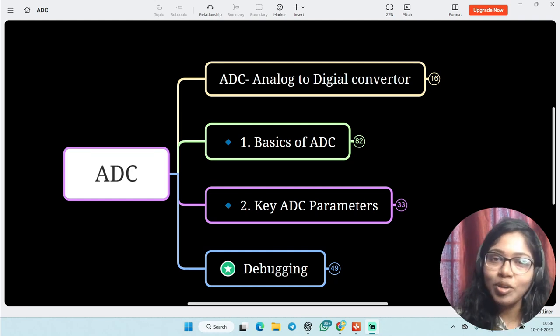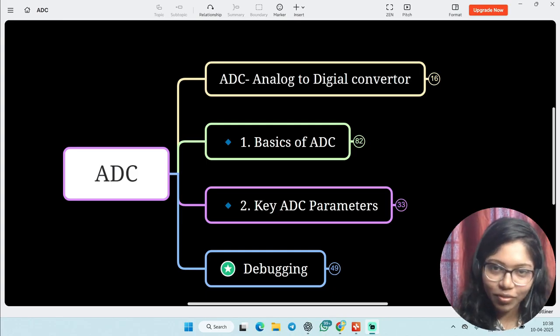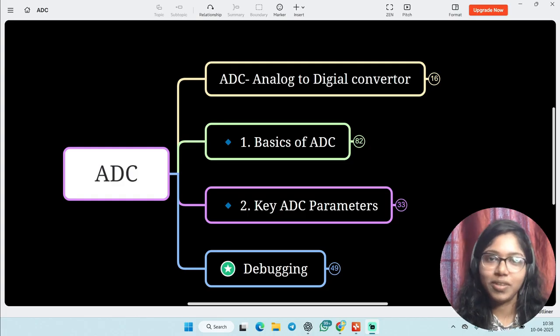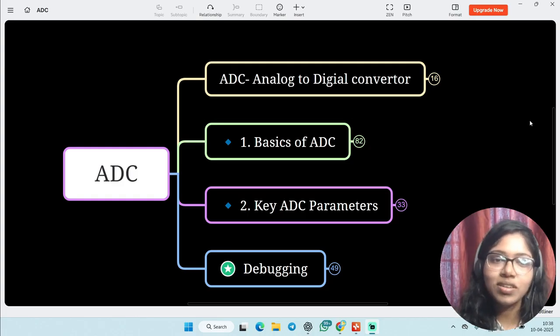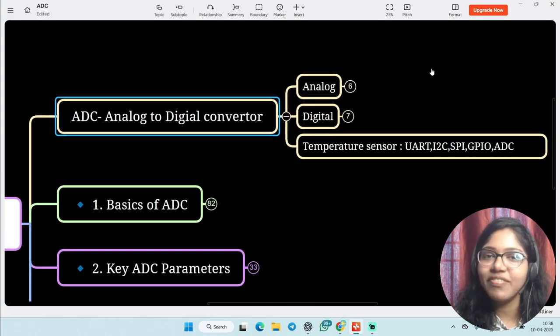In this video, I'm going to share some stuff regarding ADC. So, first of all, what is ADC? The full form is analog to digital converter, right? Before we see analog to digital converter, first of all, what is analog and what is digital? If you are a beginner, this video is definitely going to be helpful to understand the